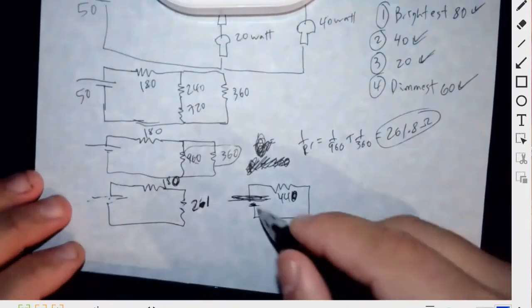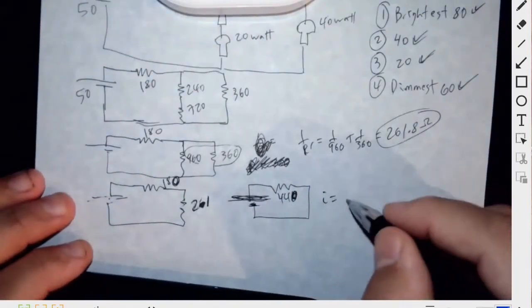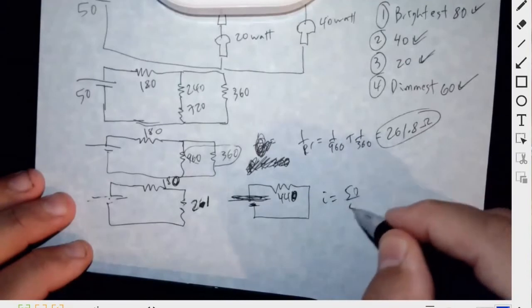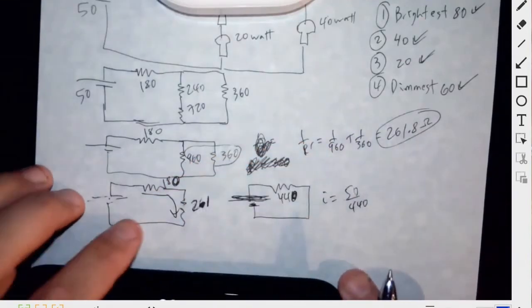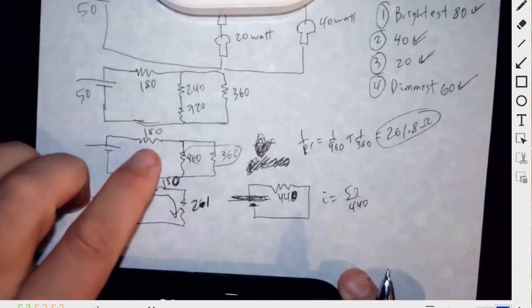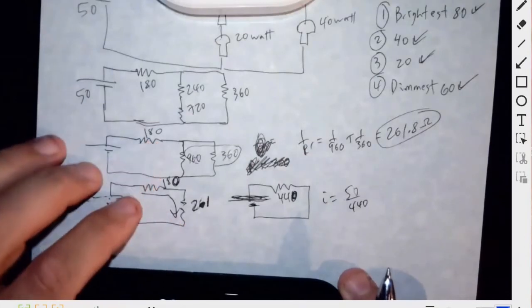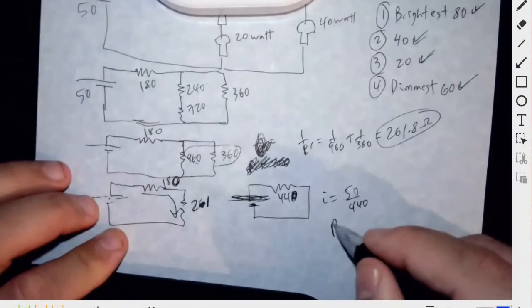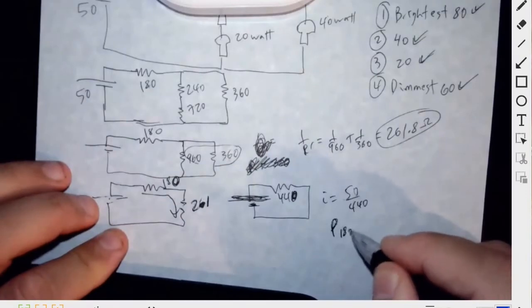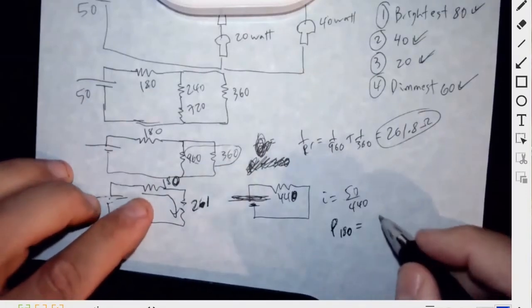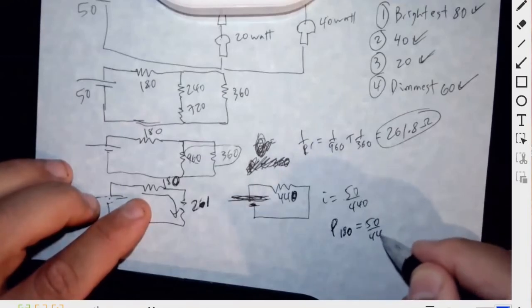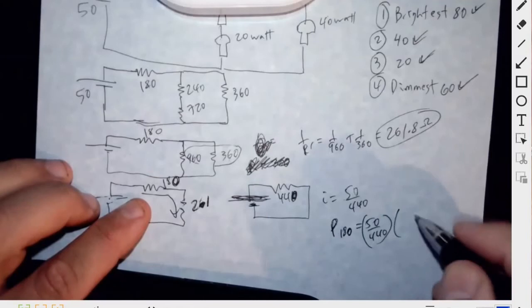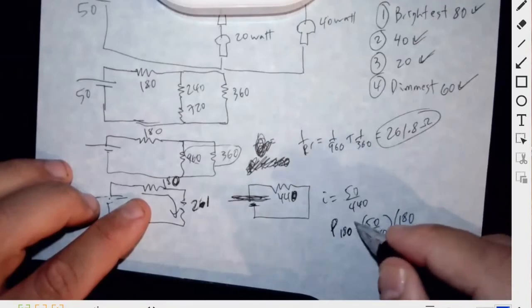Then we can say, okay, the current there is going to be 50 divided by 440. So then these two will share the same current, right? Okay, therefore the brightness of the 180 is going to be what? Brightness of the 180 is going to be that current squared times R. 50 over 440 squared times R. So this is approximate, but